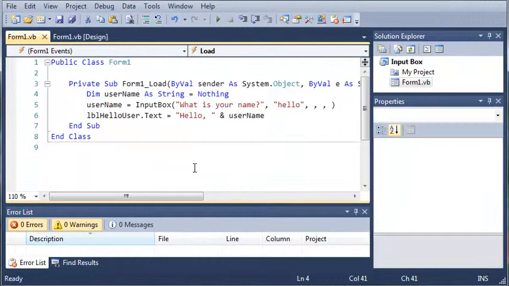So the input box is very useful. It makes it so that you don't have to create your own forms to get input from the user if you don't want to go ahead and put those controls on your program, on your main form. So go ahead and play around with the input box, look at some of the arguments in it, change those around,